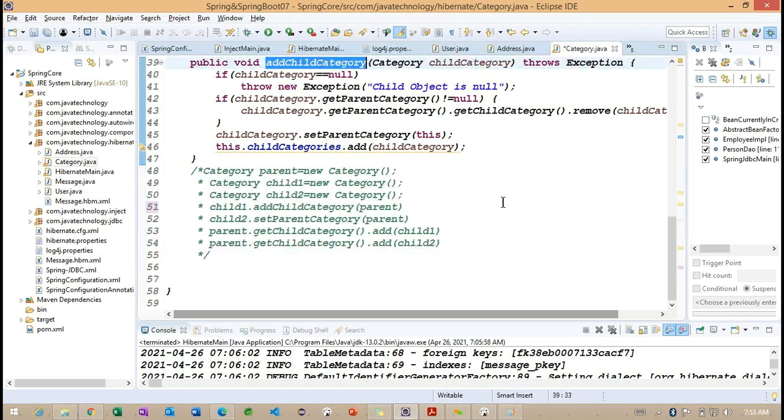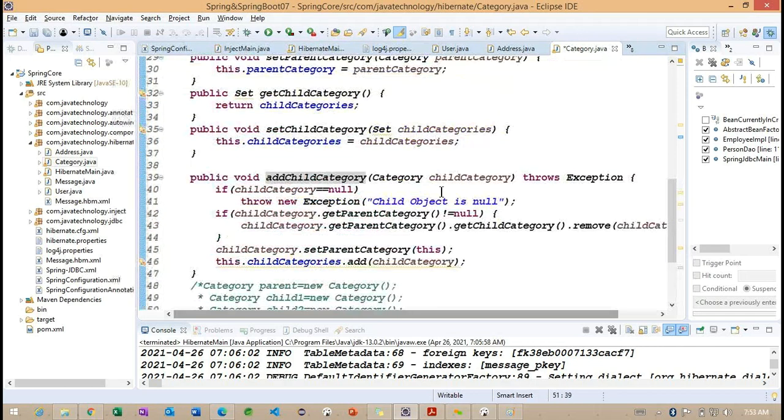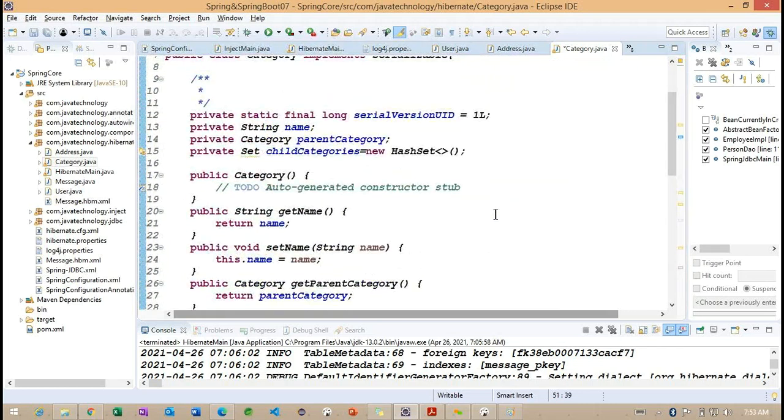We'll have a simple example on this, but make sure you understand how we are creating this category and how we are making these relations here, the one to many and many to one. Finally, we'll create one more object called item.